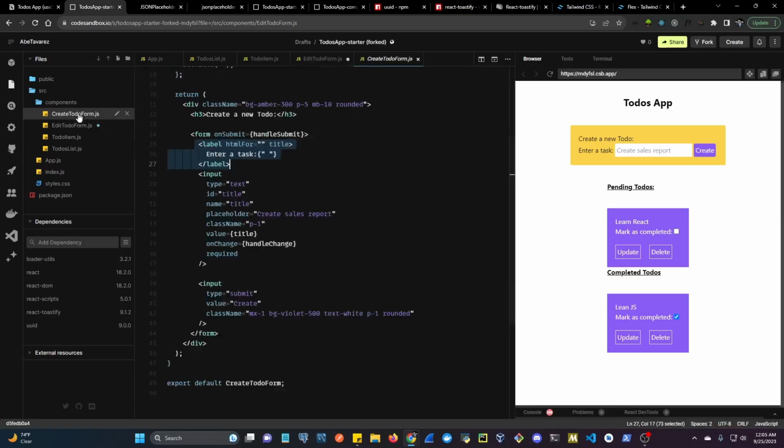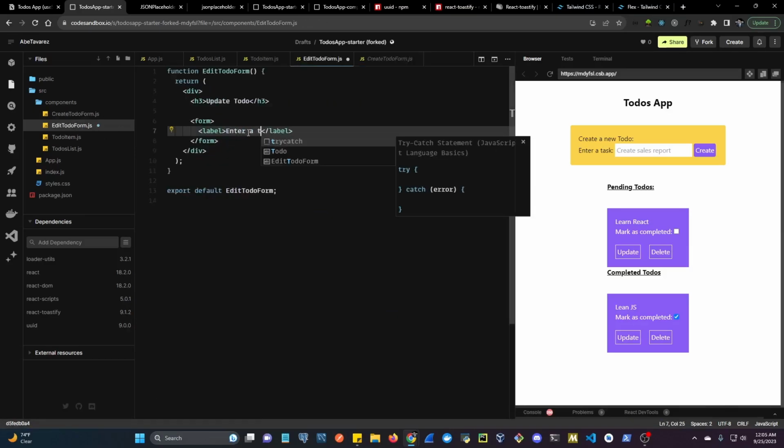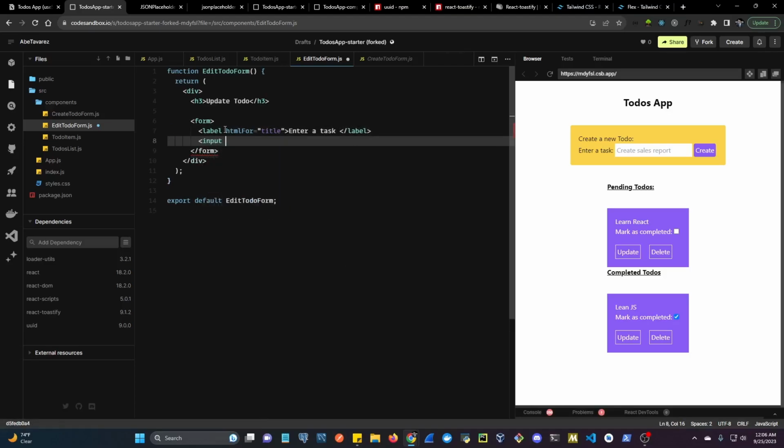What do we have in the other one? We had enter a task. So let's have the same, enter a task. And then we're going to have an HTML for here. What did we set it to last time? I think we did title. This is going to be for the title. And then we're going to have an input of type text. Also, if you want, you can have this as an exercise and try to recreate it yourself,